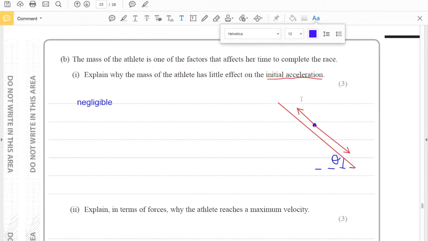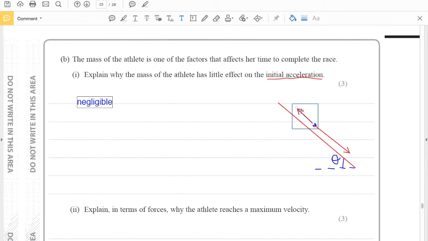Remember this, which means this opposing force, in this case the frictional force or the drag, does not act on the object when it starts to move, right? So this can be eliminated, right? So we can remove that force. So the only force acting at the start of the journey will be in the direction of this movement.